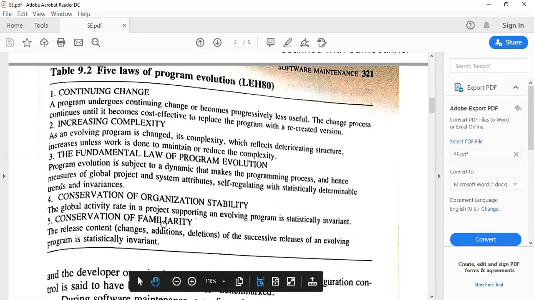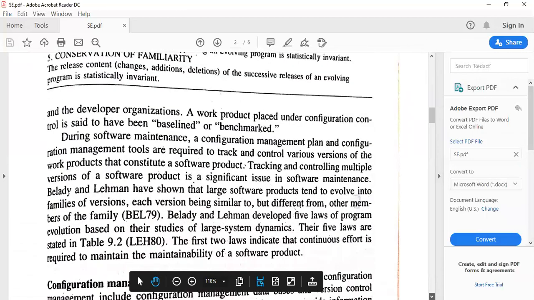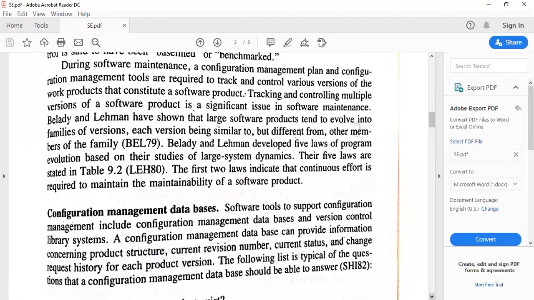The final law is conservation of familiarity. The release content, that is changes, additions, deletions of the successive releases of an evolving program, is statistically invariant. So if we have successive releases, those changes will be an invariant one. We don't have any final conclusion. So these are all the 5 laws.